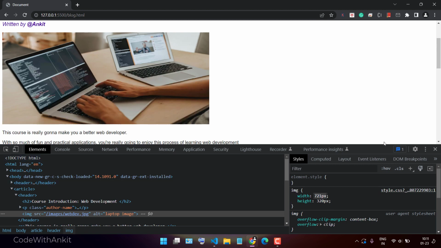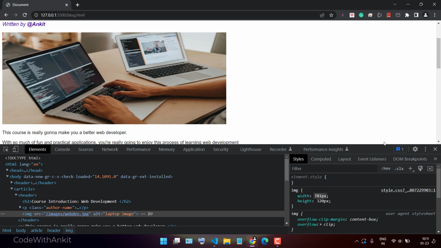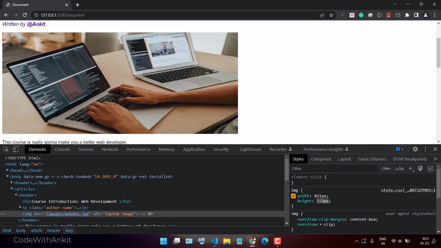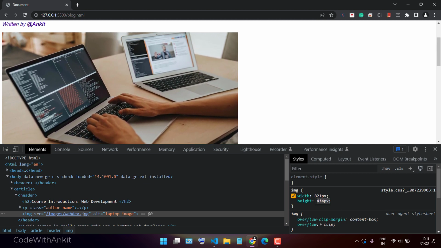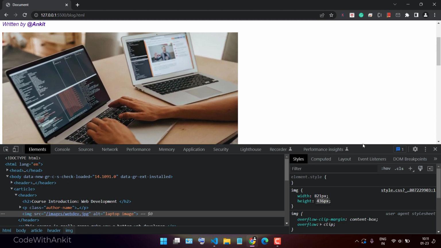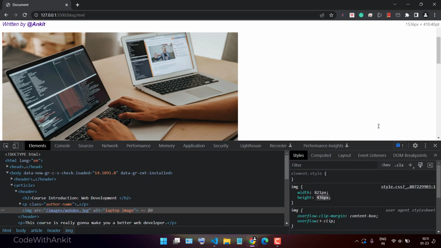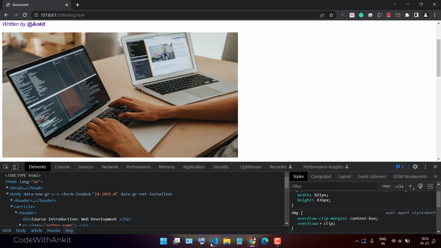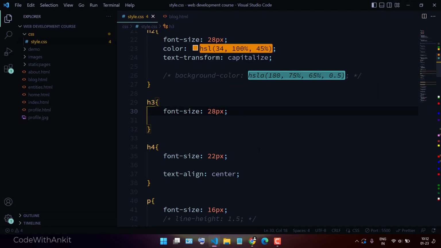If I want to increase the width, see how it will look. It is looking like this, right? When I want to increase the height, just press the arrow up button. See, like this you can set. Now when you see it, that 436 pixel is looking fine. So now go to the CSS and you can change that particular